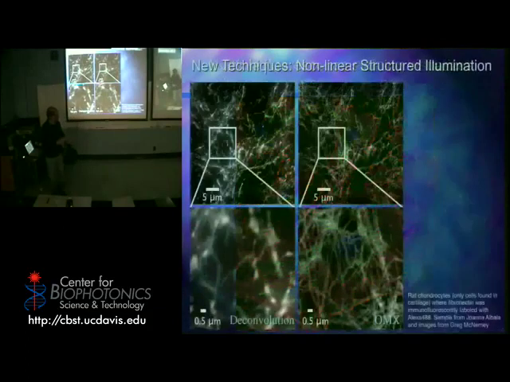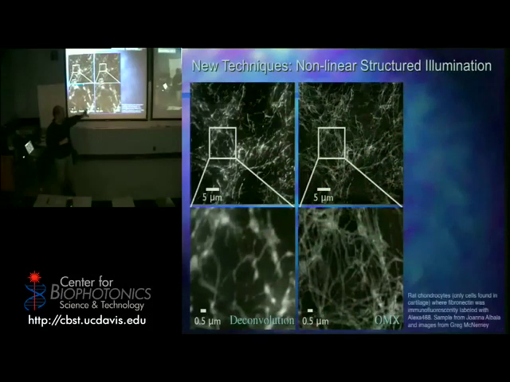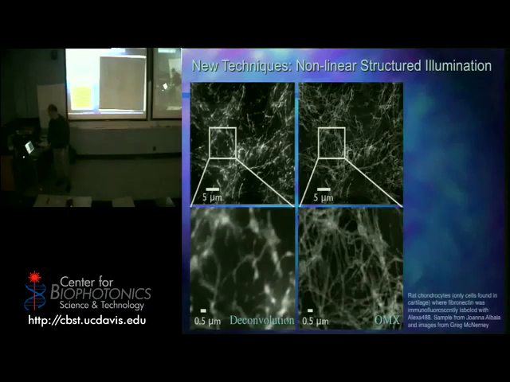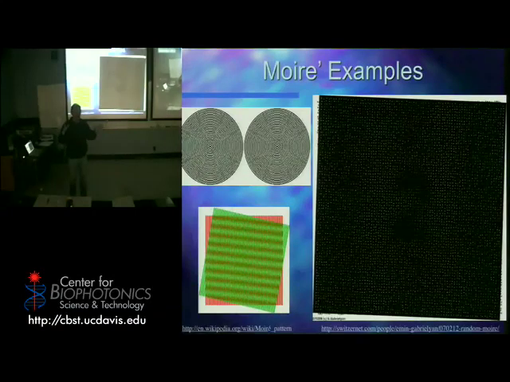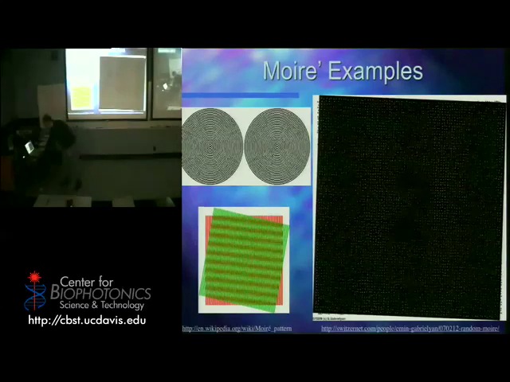And another technique in microscopy I just wanted to mention is something called nonlinear structured illumination. I'm not going to talk a lot about this now, because you'll be seeing this when you come on the tour. But what it does is it allows you to get much higher resolution than we thought was theoretically possible. And it does this by something called moire patterns that say that very, very fine structures, when you overlay them at different angles, can let you see fine detail as a larger kind of phenomenon. So what we do is we basically shine a pattern of light onto the sample and we rotate it. And you get kind of,